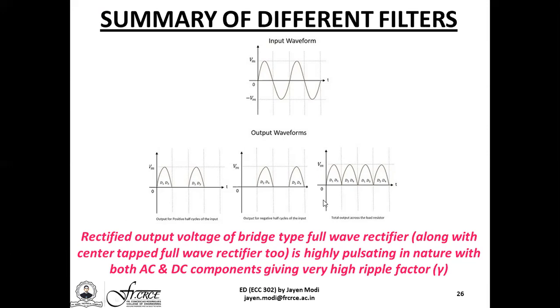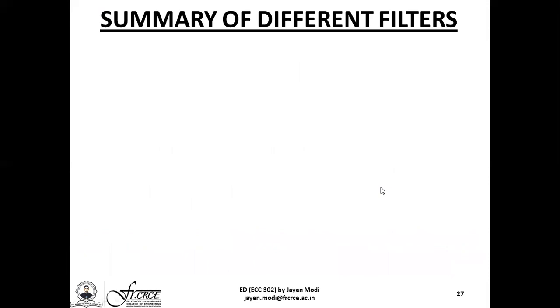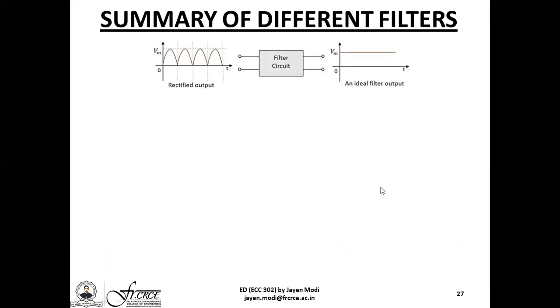The amplitude is changing vastly from 0 to the value Vm, and there are several instances where the voltage is actually falling down to 0 volts. So the main need for filter circuits comes because you need a mechanism in which the entire pulsating DC rectified output can be fully converted into a stable and constant DC voltage, which can be sufficient to drive any electronic gadgets or circuits for real life practical applications. That is why we have filter circuits.